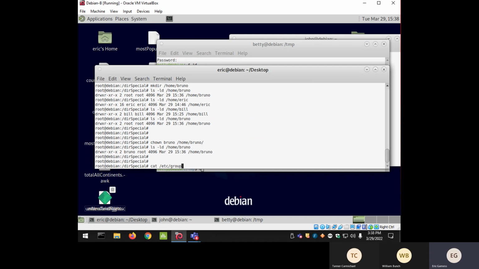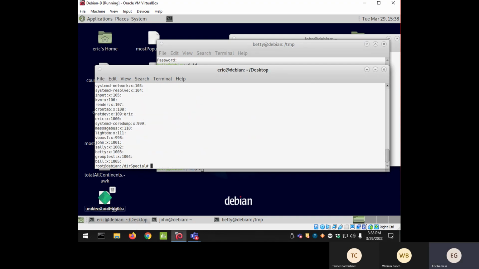It's also a colon separated value file. So look, for example, when I create Bill, it adds one line in this file. So this file will have 4 fields. Each line is a record with 4 fields. So the group name, and the separator is a colon. Then the group password is an X,